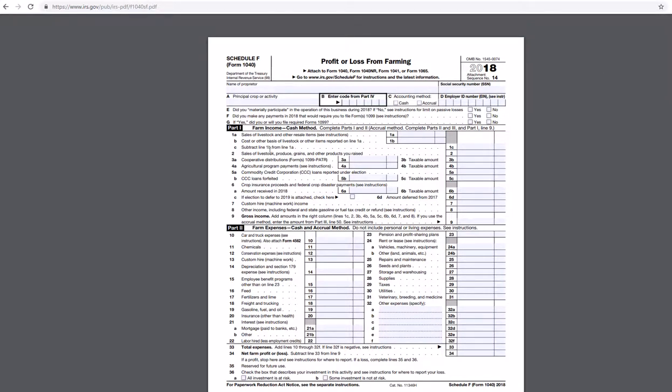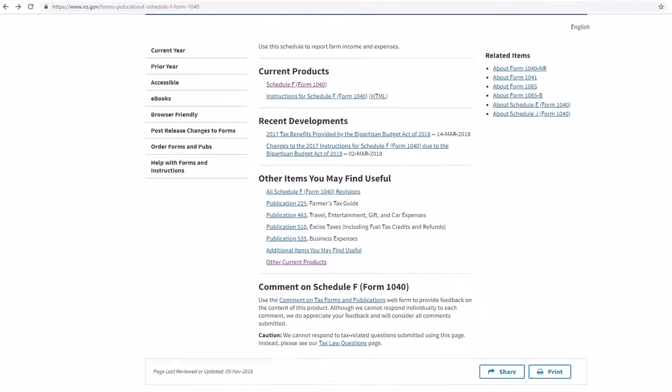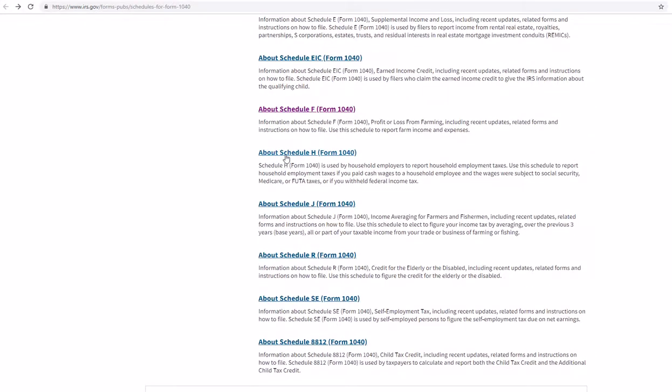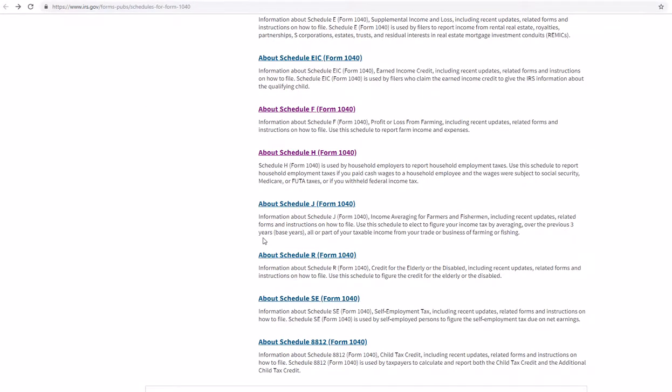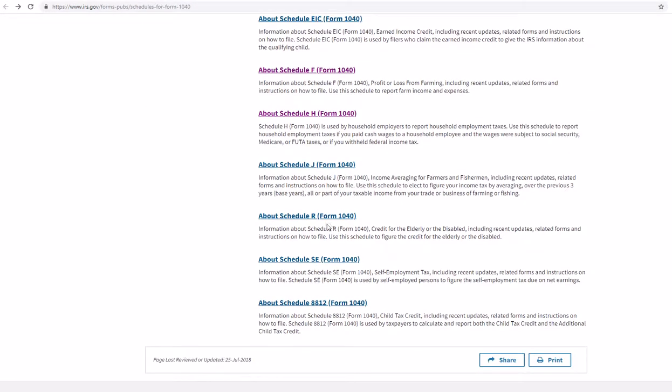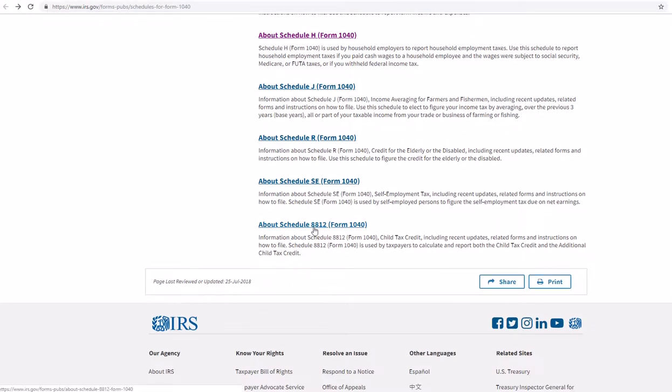Schedule H, that's household income, for when you paid cash wages to a household employee or withheld federal income tax. Then farmer, fisherman, Schedule J, Schedule R, credit for the elderly or disabled, SE, self-employment, and Schedule 8812, child tax